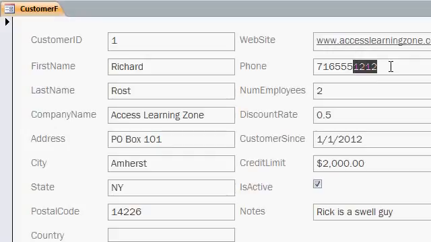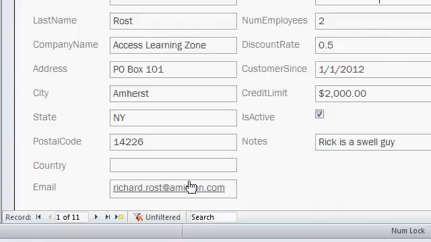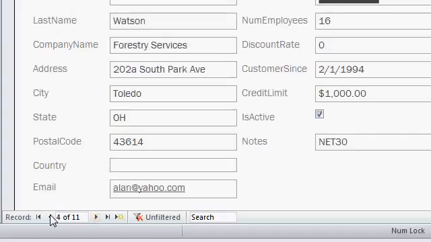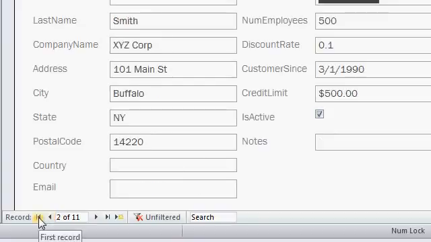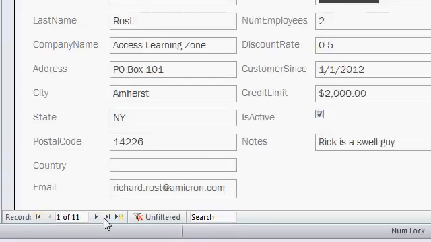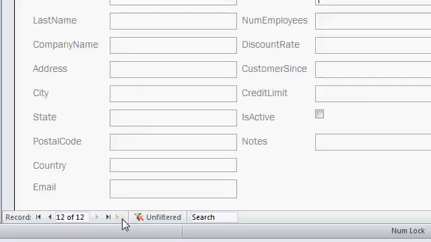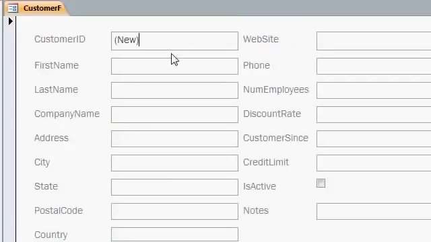Let's say, for example, this customer changes his phone number. I can come right in here and type in the new phone number. If I want to move between the records, I can come right down here and click on these navigation buttons. That'll move me to record 2, 3, 4, backwards. This button moves you to the first record. This button moves you to the last record. And this little button right here moves you to a new blank record so you can begin entering a new customer. So I can click on the first name field and start typing in a new customer, new guy, XYZ